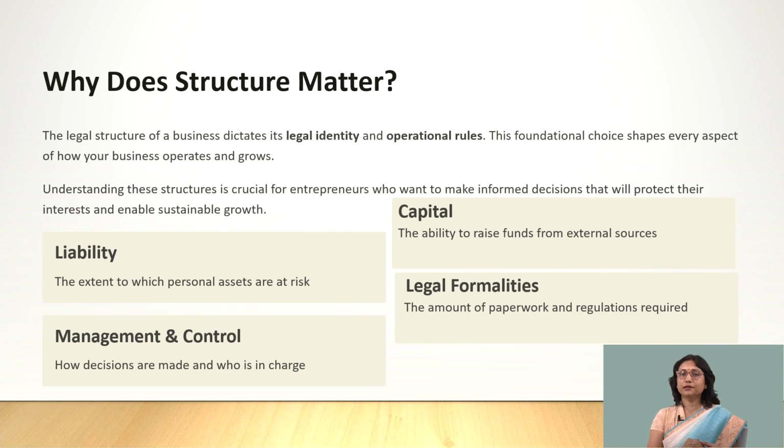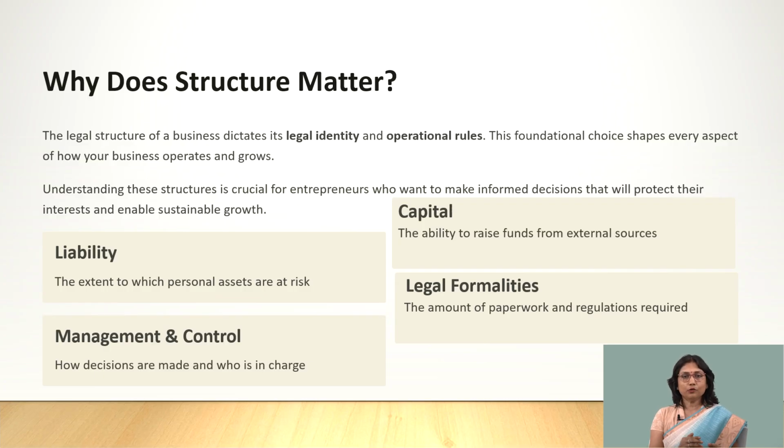For example, if it is the company form of organization, management and control is not that easy, because the board of directors or the managers have to take permission from the owners, that is the shareholders, and there is a whole lot of procedures associated with that, which has to be followed before taking any major decisions. Then for